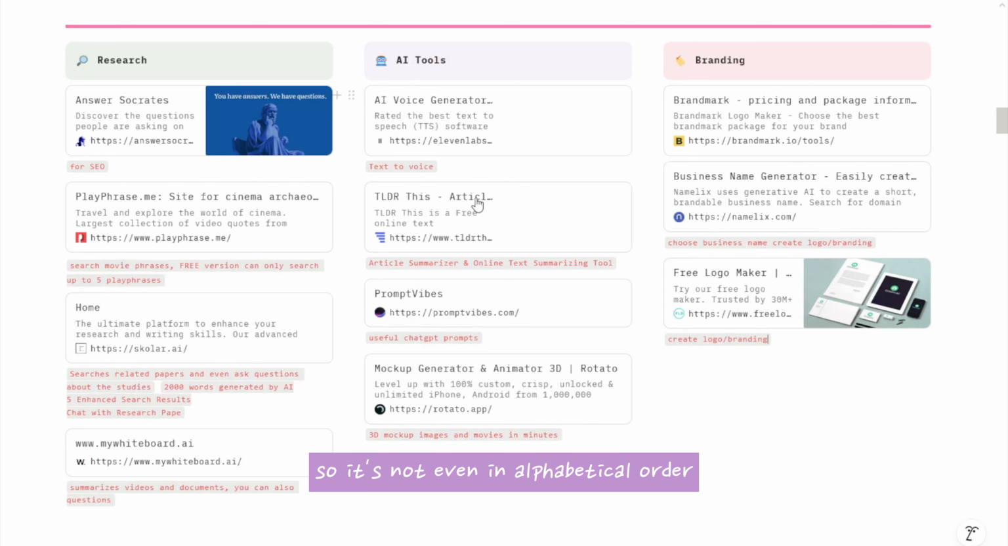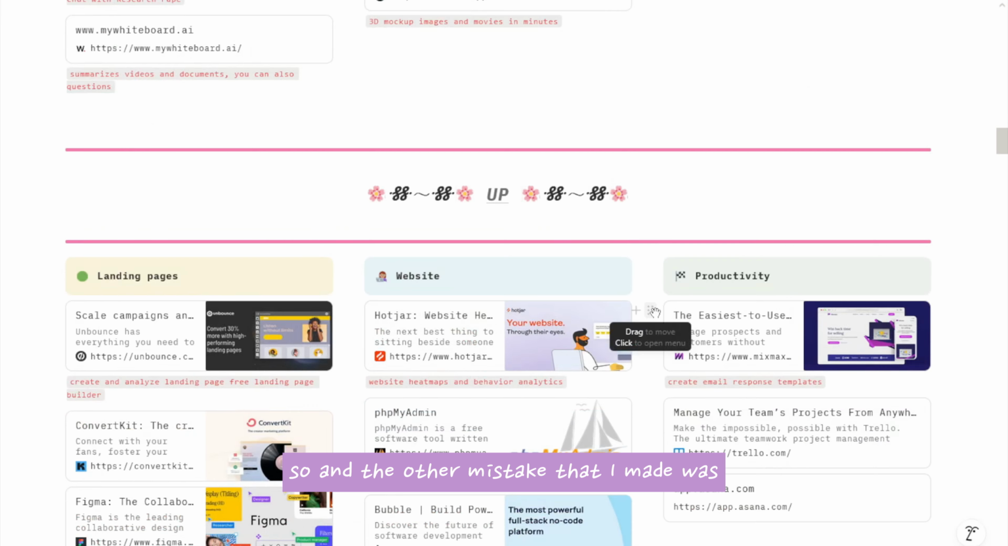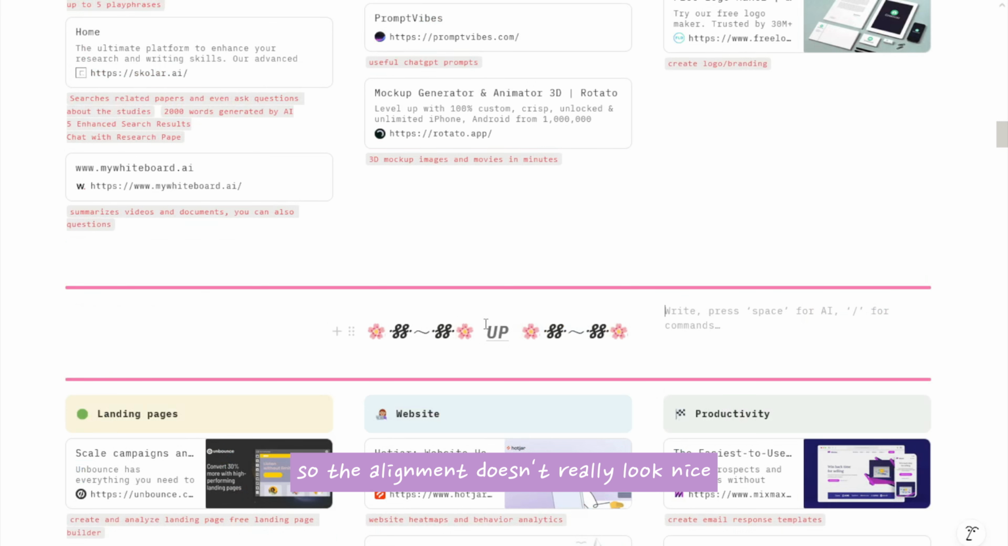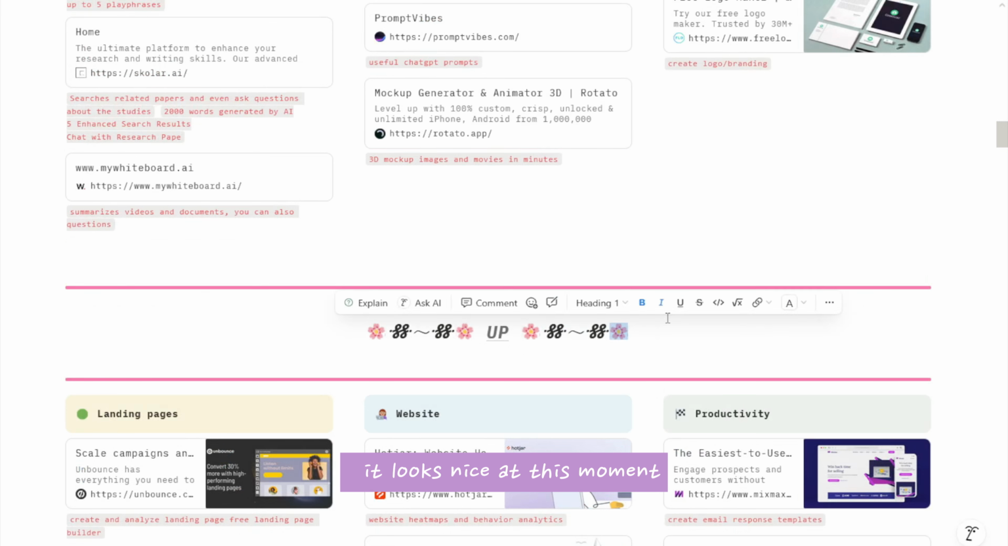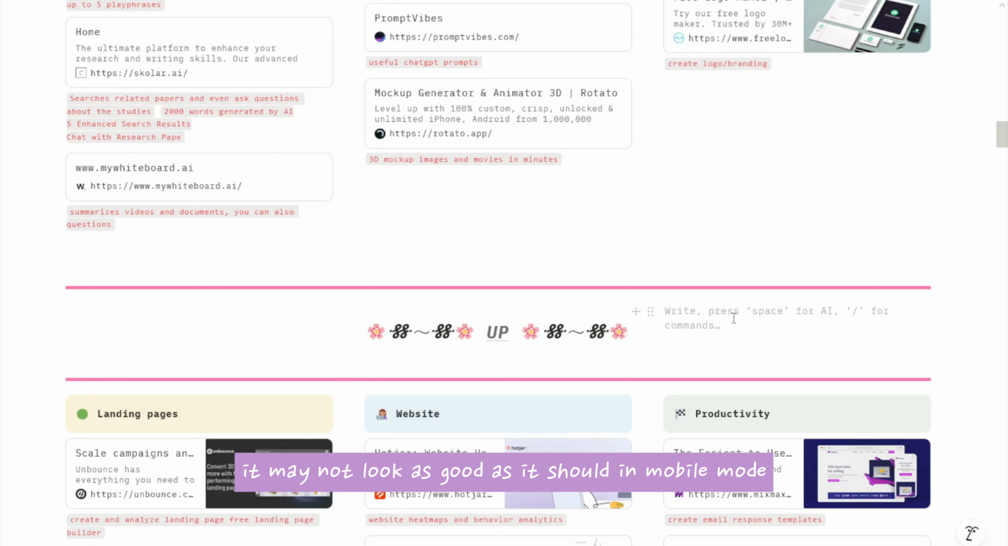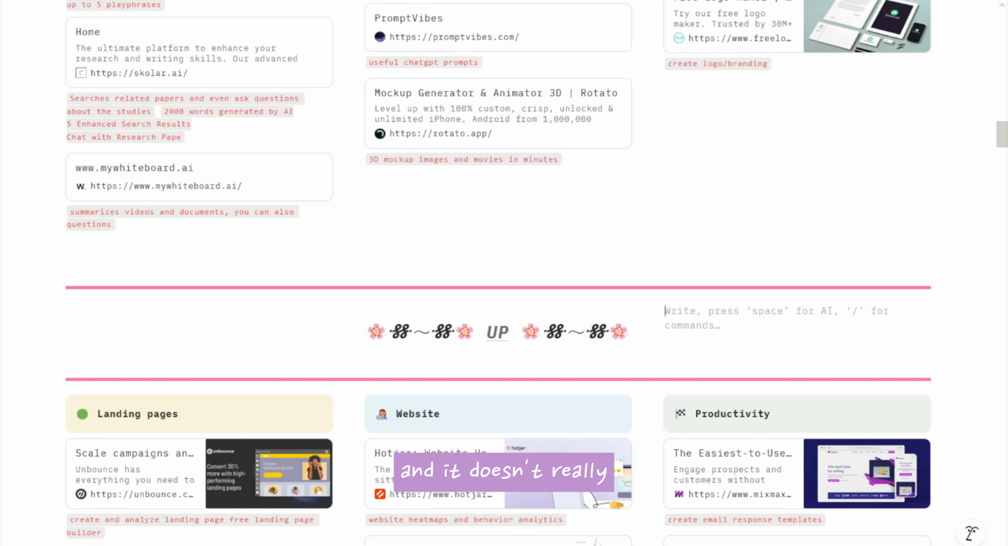So it's not even in alphabetical order, and I just type in any caption that is applicable to this particular link. The other mistake that I made was I don't know how to center text, so the alignment doesn't really look nice. It looks nice at this moment because of how I designed it. So I used three columns to align the text in center mode. However, it may not look as good as it should in mobile mode,